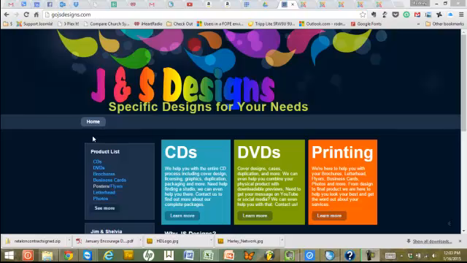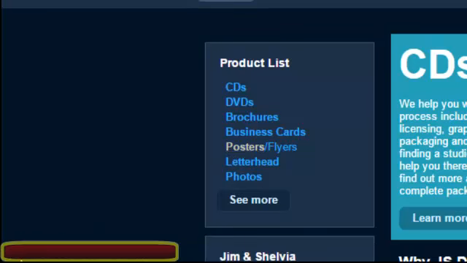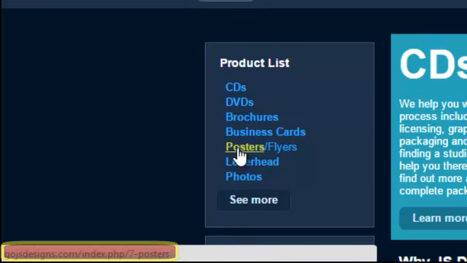We're going to take a look at the problem with the posters flyers item in the product list. If I'm on the main page, the front page, the home page, and I go and look at the product list and down to where it says posters flyers. If I hover over posters, you'll notice that there is an area here called the status area, and in that status area you will notice that it says it is linking to